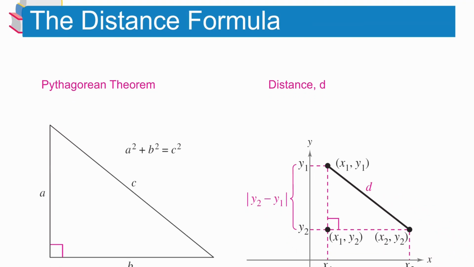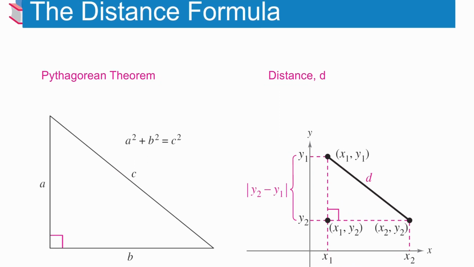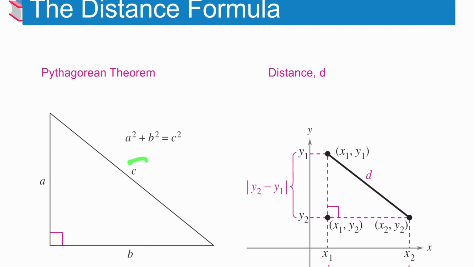We will use the distance formula, and that uses the Pythagorean theorem. You may not remember the distance formula, but hopefully you at least remember the name Pythagorean theorem. The Pythagorean theorem says if you have a right triangle where one corner is completely square, then your two legs of the triangle, your a and b, the hypotenuse is always going to be the longest leg